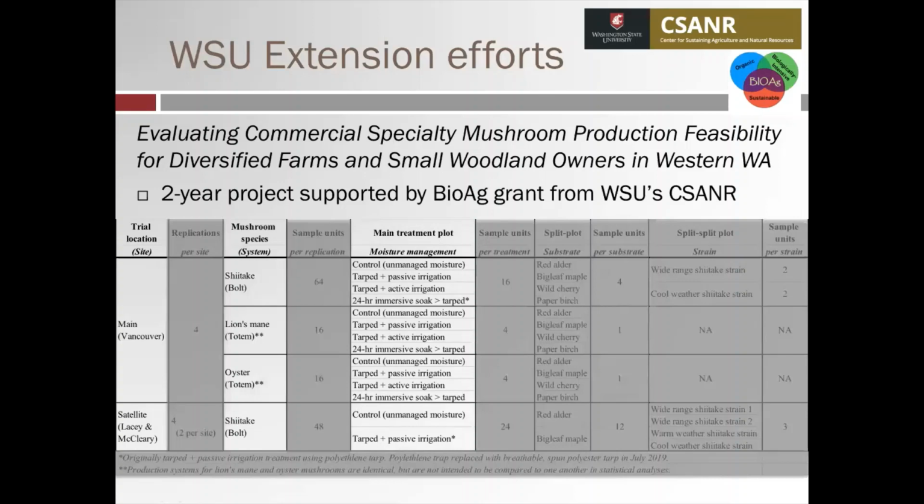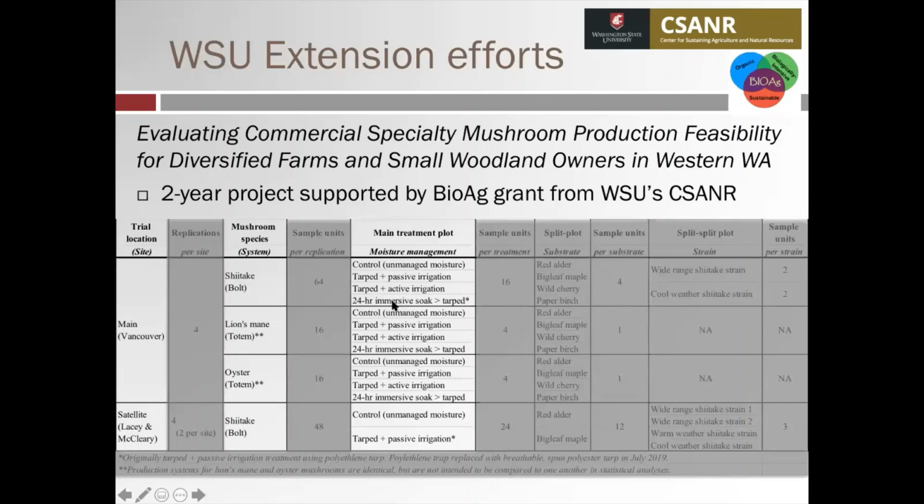And one of the biggest things we're doing is we're looking at moisture management. And so what we've got is a control with unmanaged moisture. We've got a tarped treatment with what we call passive irrigation, which is essentially buckets for a constant source of humidity under that tarp. And then we've got a tarped plus active irrigation. And the active irrigation, we use misters that are on timers. And then the last